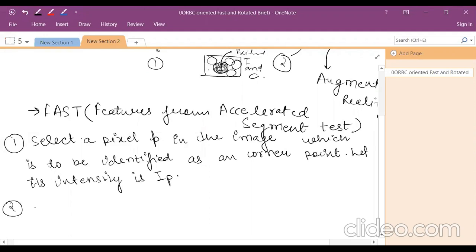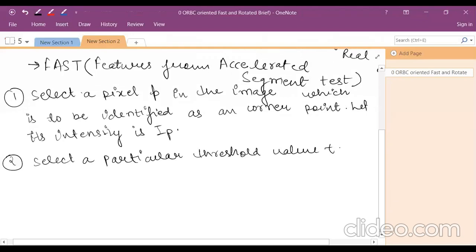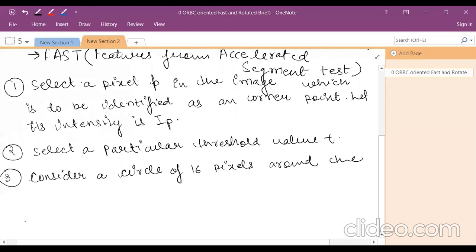Second one is very simple: select a particular threshold value T. Third one is you have to consider a circle of 16 pixels around the pixel P in the high scale image.